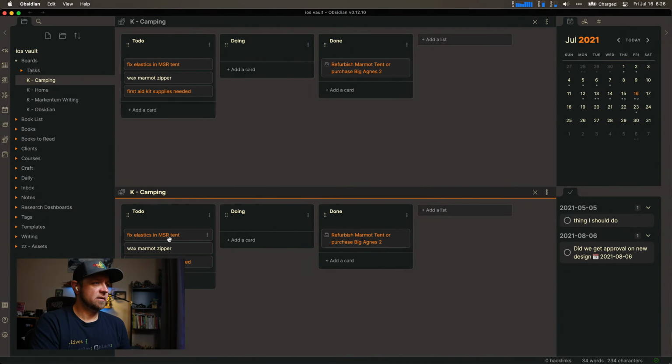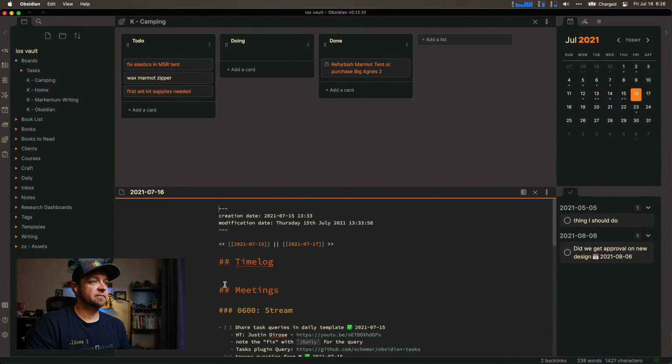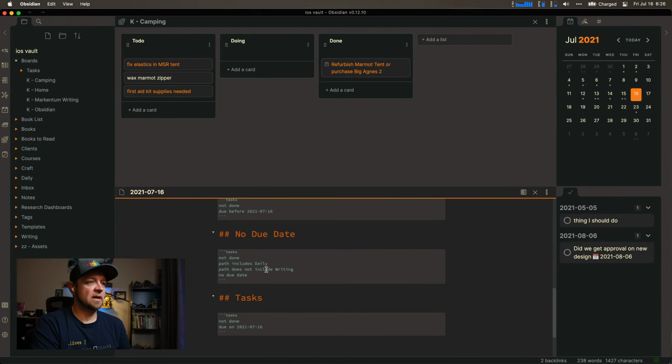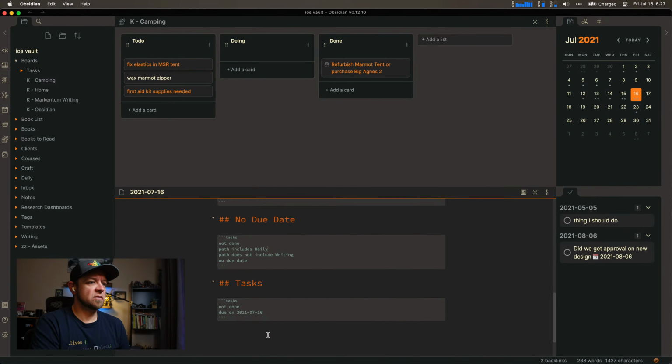So now I should be able to go to my daily note. I don't want no due dates, I want overdue tasks. Not done, due on this day. I would say due